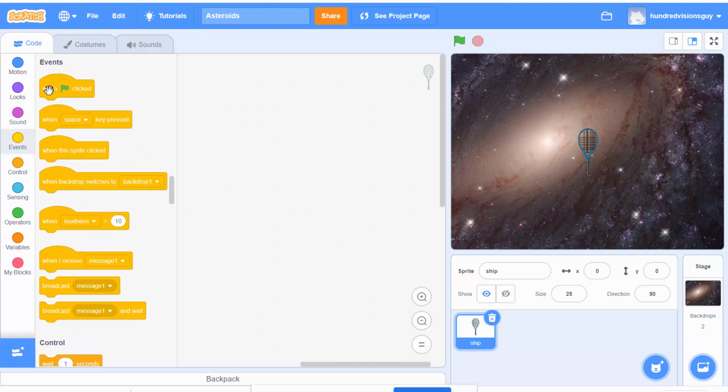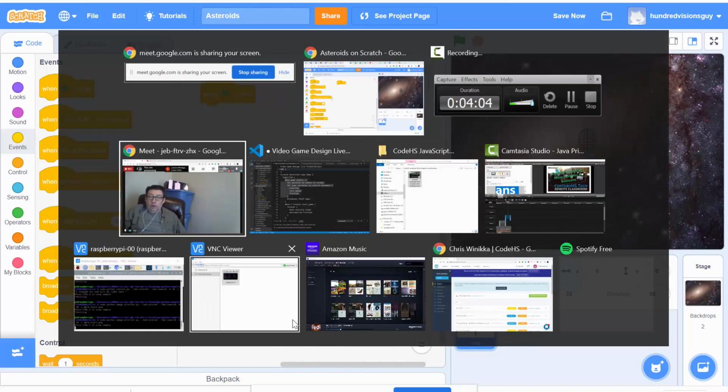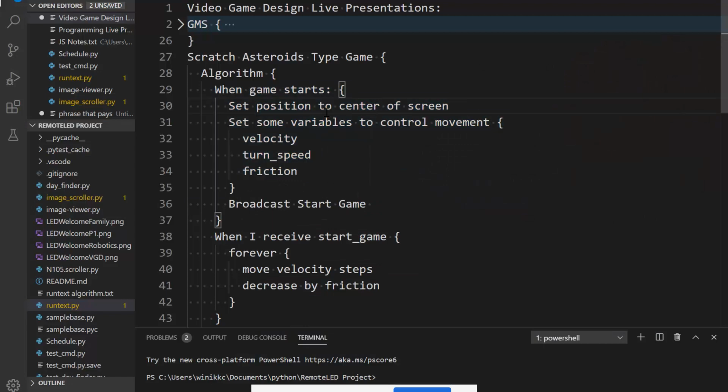This is what I want. I want events. But if you notice, look at the color when you're doing this. Now, when the green flag is clicked, that's basically we're starting the game. So when we start this game, as I said before, we're going to set the position to the center of